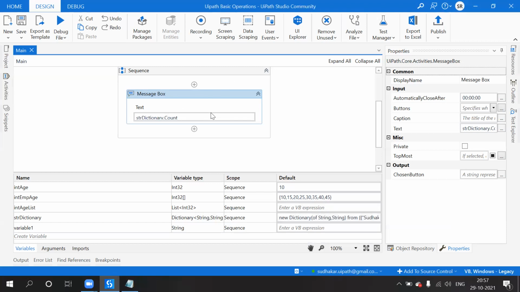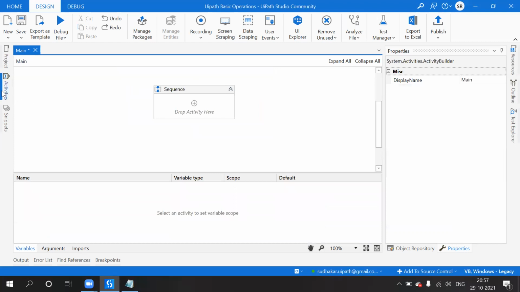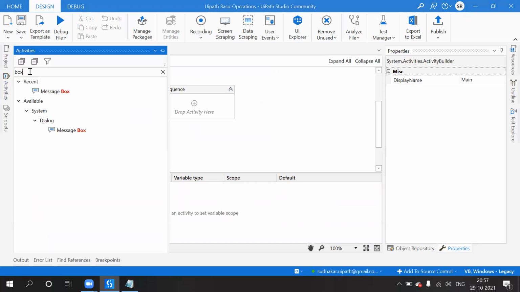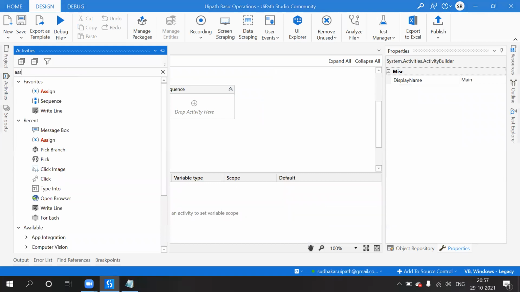For example, another way is to use assign.